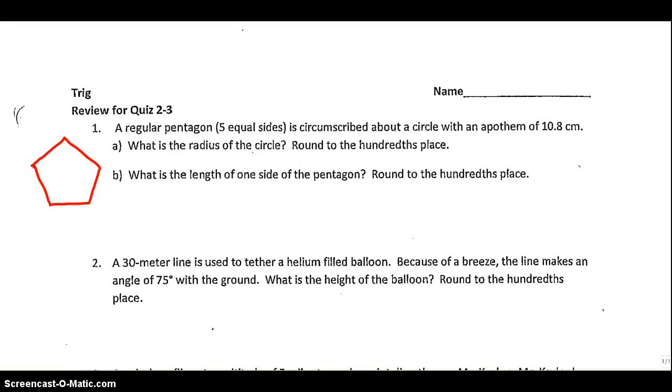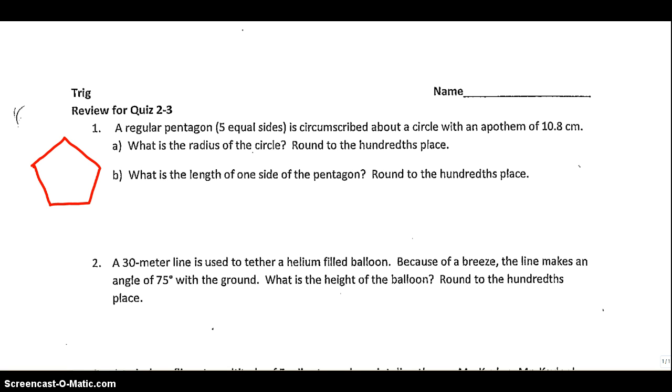This time, Trigonometry, sections 2.5 and 2.6. Just doing a little bit of trig story problems and a little bit of given a point, can you find the 6 trig values for an angle that terminates at that point? So, let's begin. Number 1, a regular pentagon, 5 equal sides, is circumscribed about a circle with an apothem of